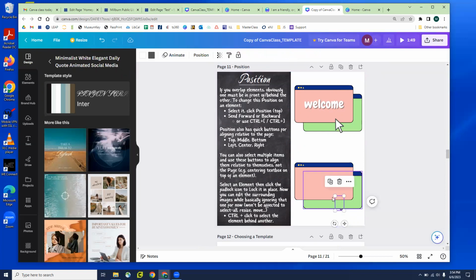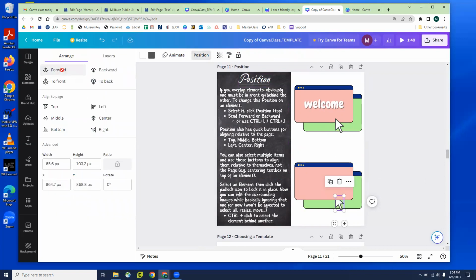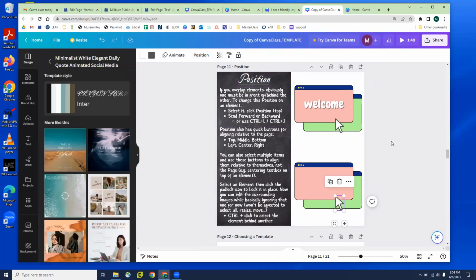You can see this mouse hidden behind stuff. So I can click on this mouse, go back to my position tab, bump it up as many times as I need. Then we can see we've actually lost the welcome text because now it's so behind so many things that we can't even see it. So one way that we can get back to it,